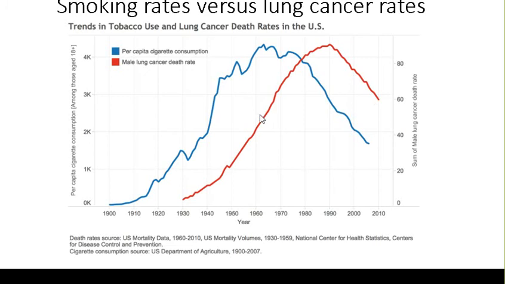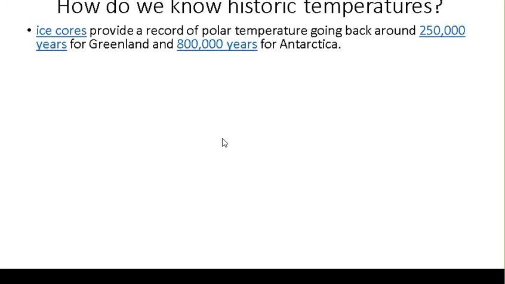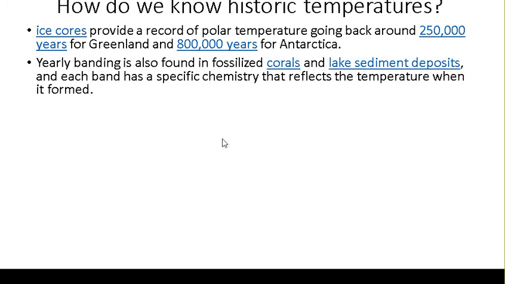Now with our example, we need to know a couple things in order to examine cause and effect relationship, say, between carbon dioxide and global temperatures. And we've got a lot of really sophisticated, clever ways to know this. We can look at ice cores going back 250,000 or even 800,000 years, and lots of fancy geochemistry can help